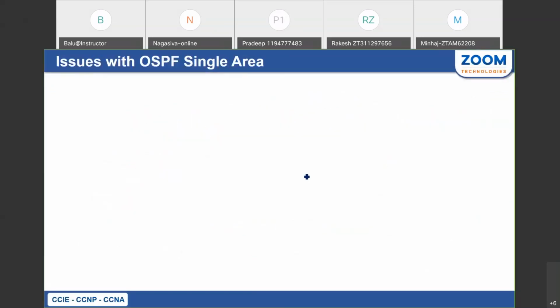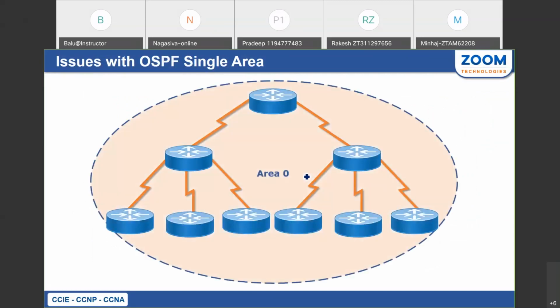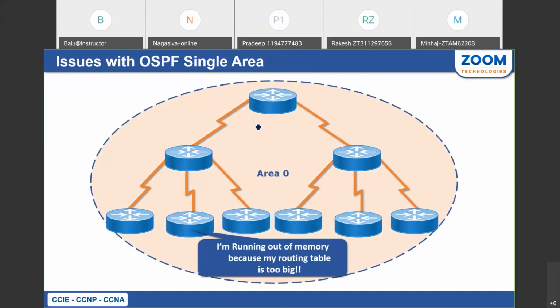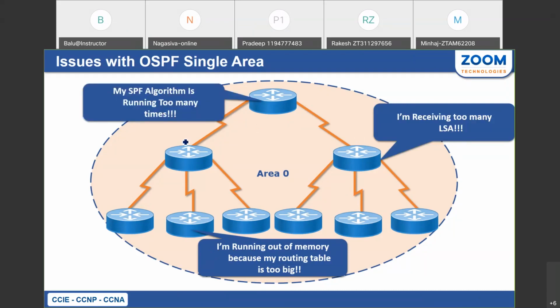Come to here, issues with OSPF single area. By default, all belongs to area 0. See what the routers are doing: I'm running out of memory because my routing table is too big. I'm receiving too many LSAs, too many updates. I have to run the algorithm some number of times. So what is happening here makes your complete network performance go down. Then what OSPF is doing is